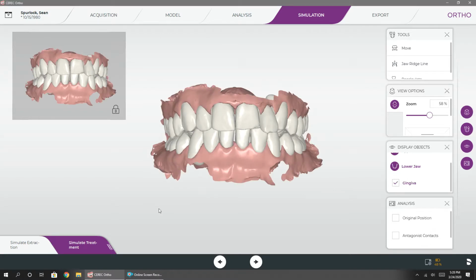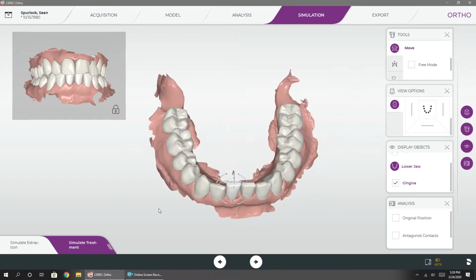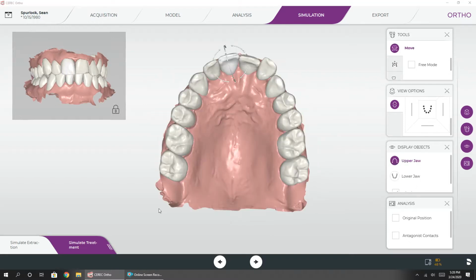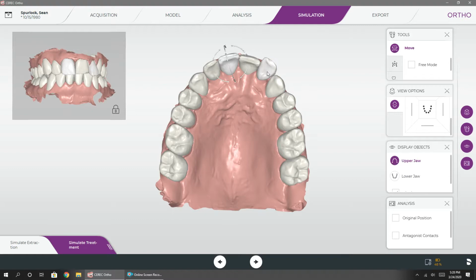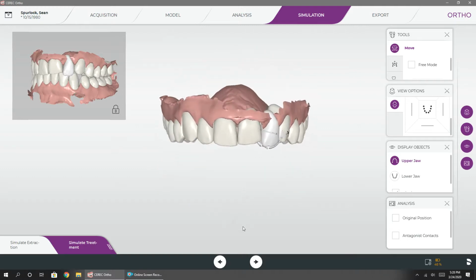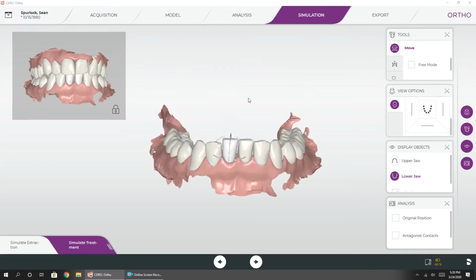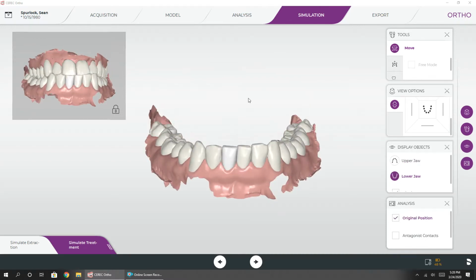Trying to actually find out where that is. Move. There we go. Where we can actually go into the lower and upper and adjust these teeth digitally, moving them into place into a different orientation, which is really nice. So gives us a lot of power for education, for treatment outcome simulation,